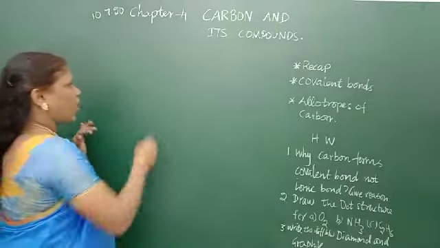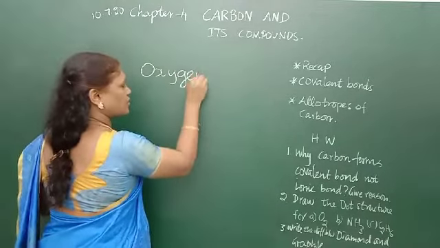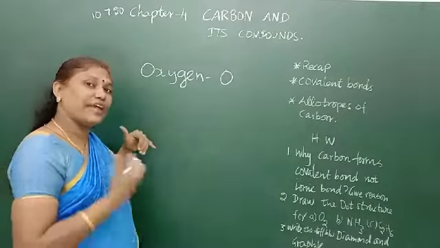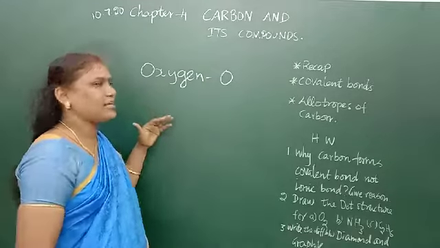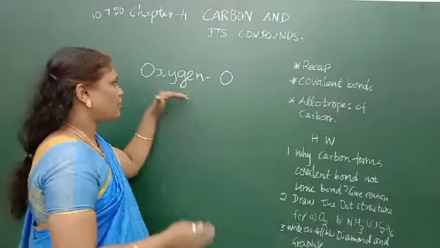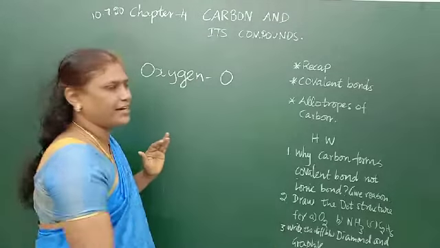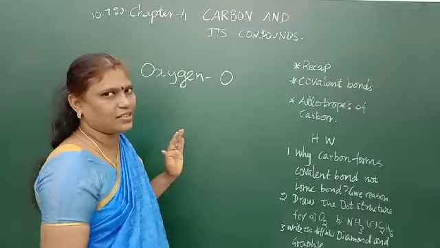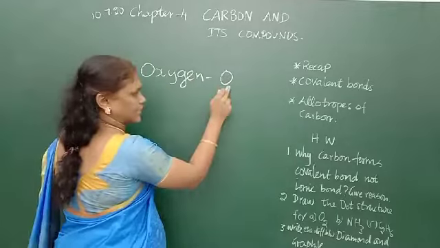The next one is oxygen. Okay, what is the symbol for oxygen? It is O. So we are first seeing molecules of elements. You know that the bond between similar elements is called a molecule of an element. So first we have seen hydrogen is bonded with another hydrogen atom. Now oxygen is going to bond with another oxygen and form a molecule. Okay, first for that we should know the oxygen symbol.